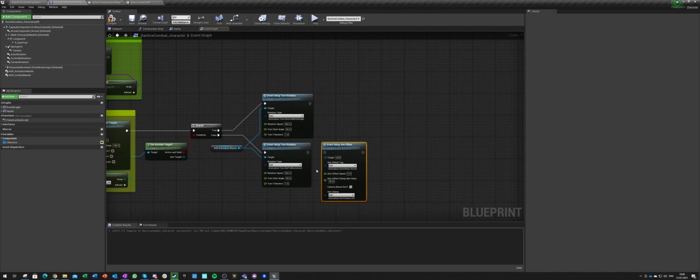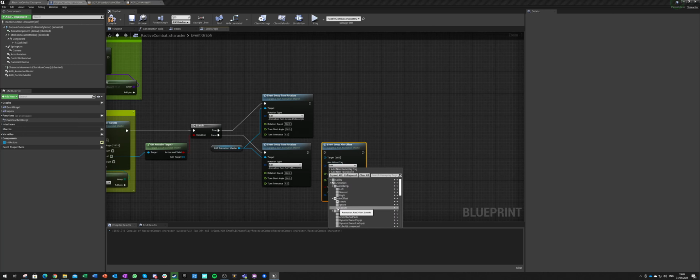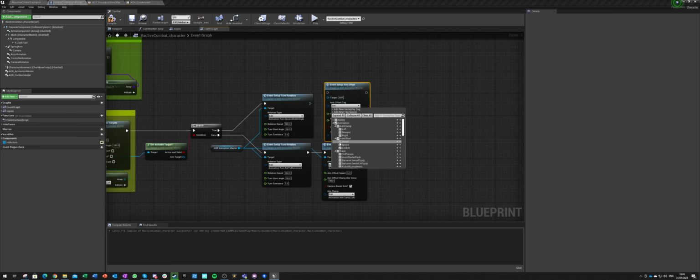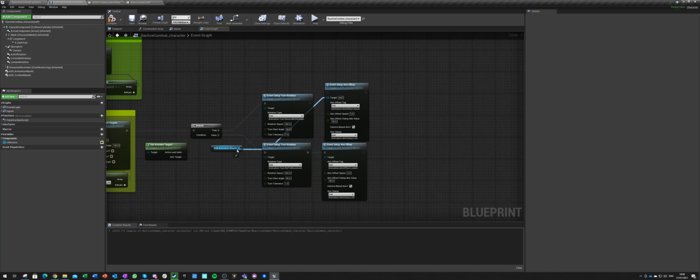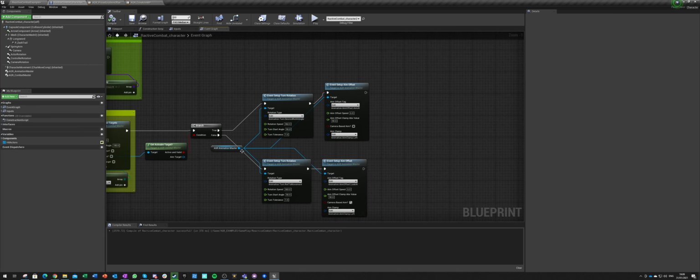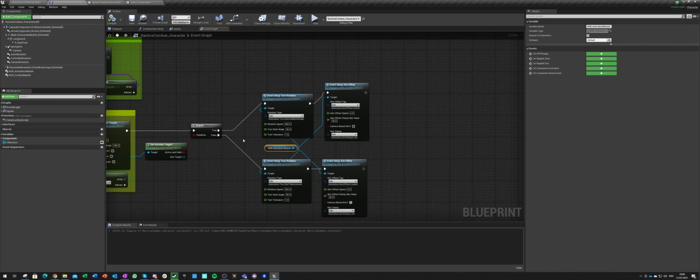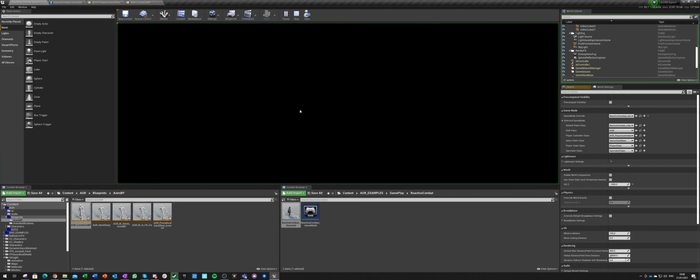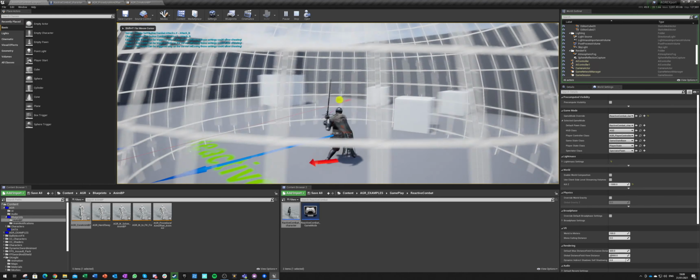And here it will be a look at, like it was, and here it will be aim at, and also it will not be camera based anymore. If it's not camera based, then it is control rotation based, simple as that. So as long as I don't have a valid target, I am looking at my camera, and if I have a valid target, I am looking at that target.